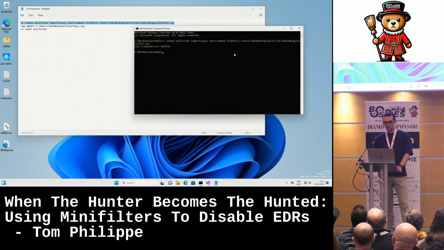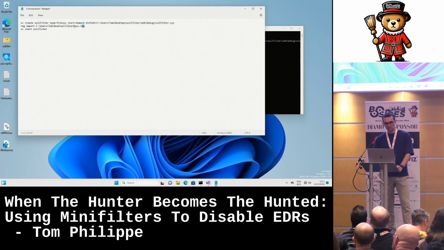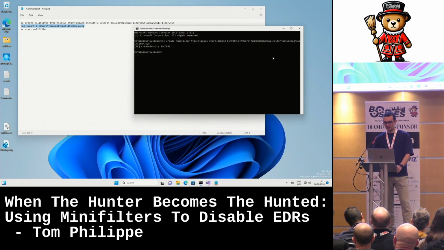All right, so first operation here, we're simply creating a service for the Minifilter. The start type is on demand, so it's not at boot time just yet. I need to start it manually, and it simply uses the compiled version of that Minifilter, obviously, to create the service. There are a few registry keys we need to import. It's mostly actually the altitude that we need to set. So that's what we're doing here. And now, if I start that Minifilter,